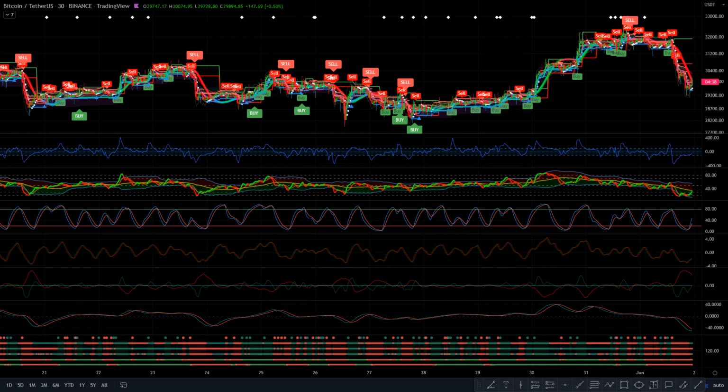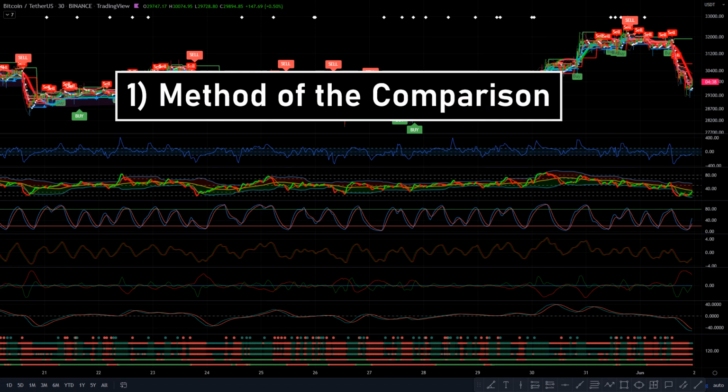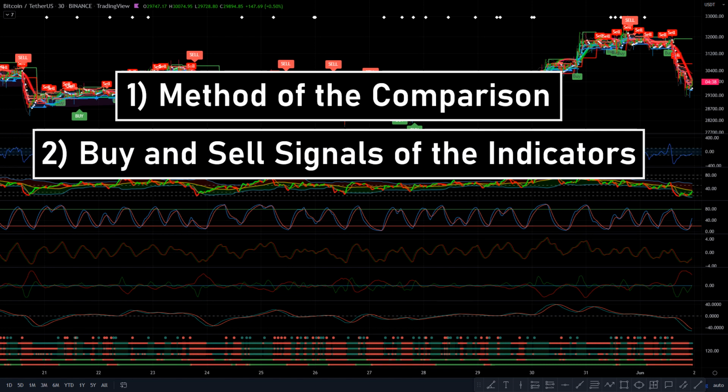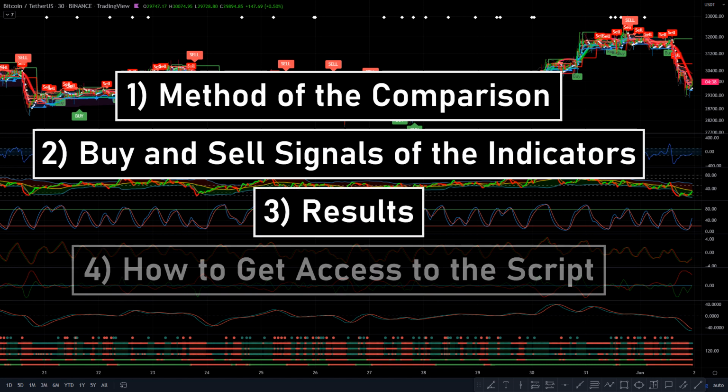First, I will explain how we are going to do the entry signal comparison in a fair way. Then I will explain what we consider as a buy and a sell signal for each new entry signal indicator. After that, I will share the results and show you how you can get access to the script we made